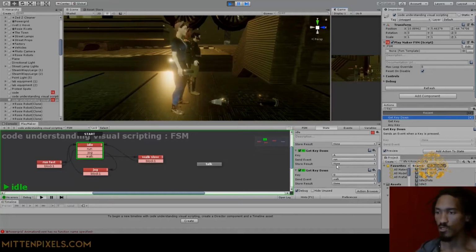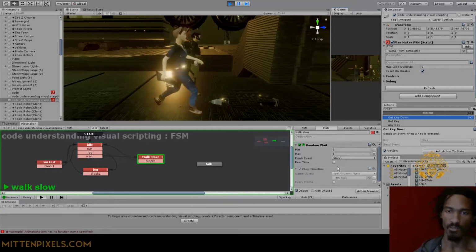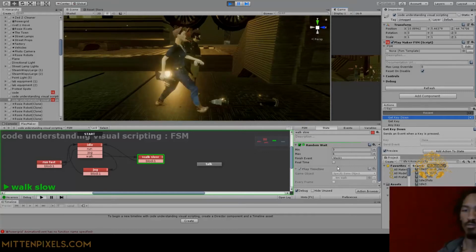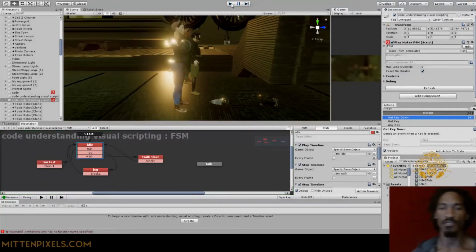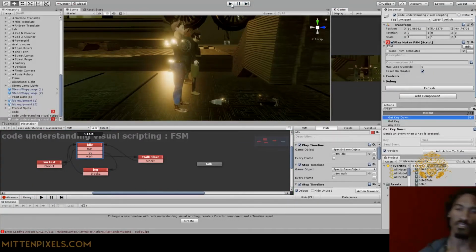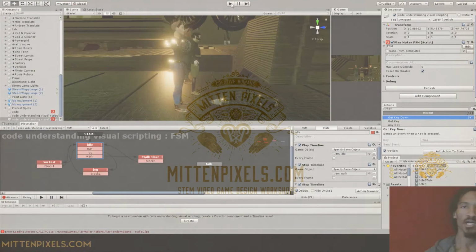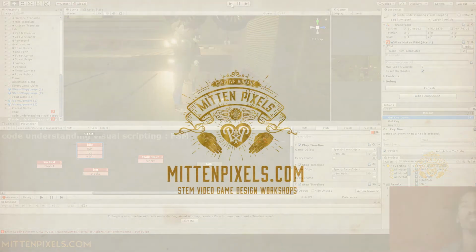Let's just test walk, which is the D key. So she's going to walk. Yes. And then she's going to go back to idle and present. There she goes. So this gives you an idea of what visual scripting is. It is this idea of coding that is visual, that makes things a lot simpler. And once your approach is right, and once you have these ideas, you can pretty much create whatever you want, all the way from the beginning to the end of your